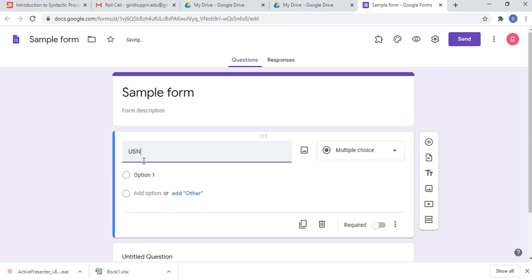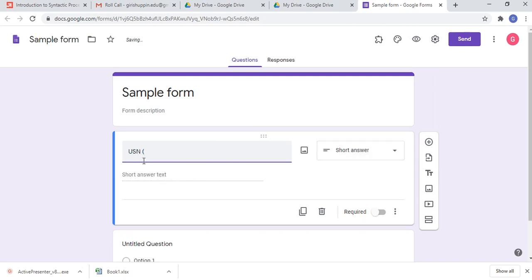So USN, and we want to make sure that the USN, the college code and the branch code, is in uppercase. So we will say enter in uppercase letters only.